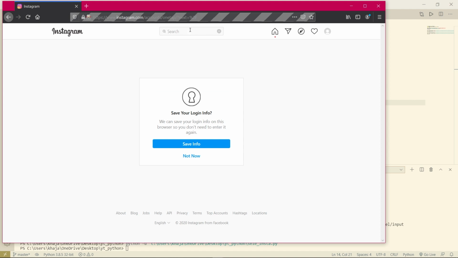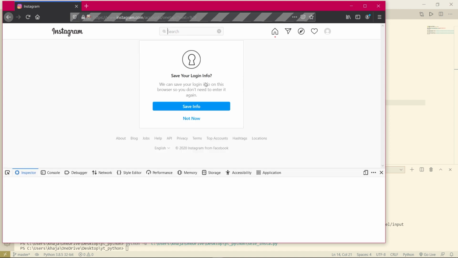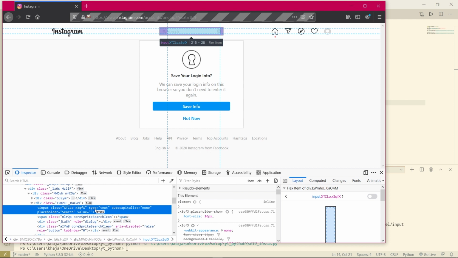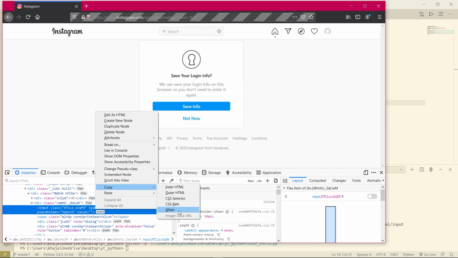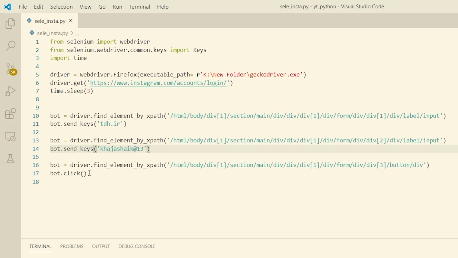Now we will search for an Instagram page. This is search, right? And we will copy that search XPath. If you have observed, after clicking submit, I mean login, it took so much time to reload.